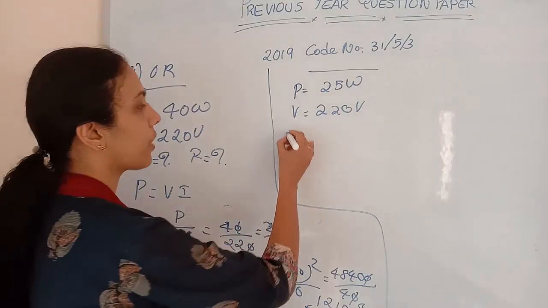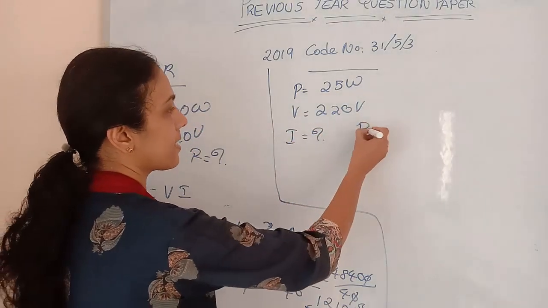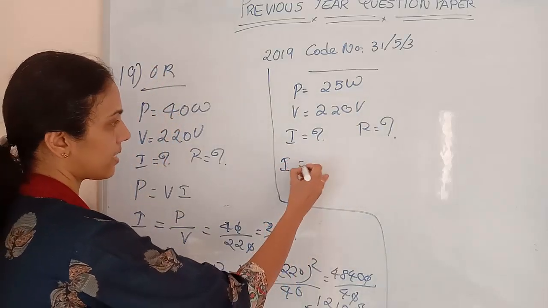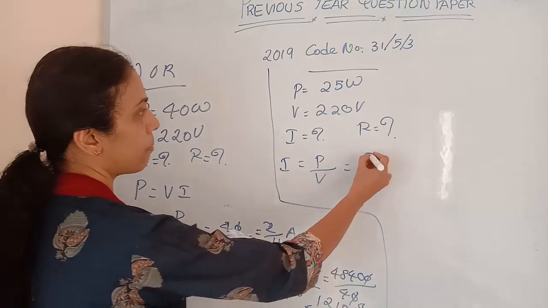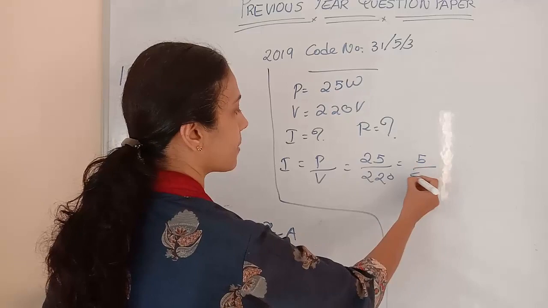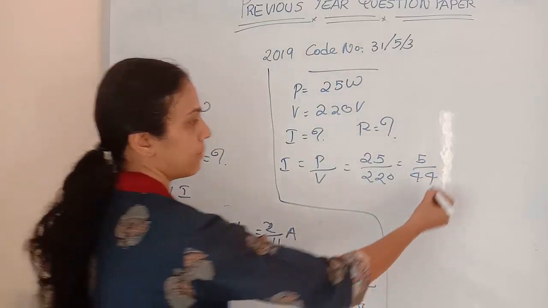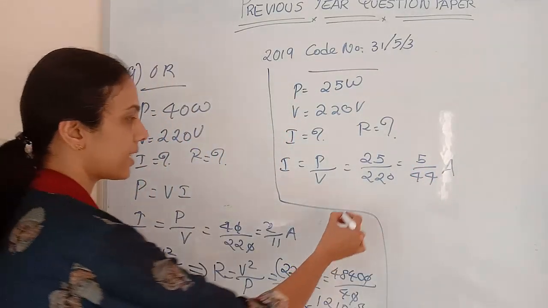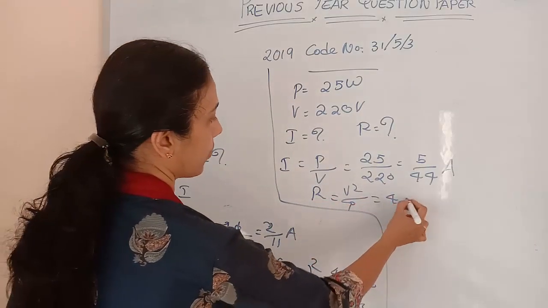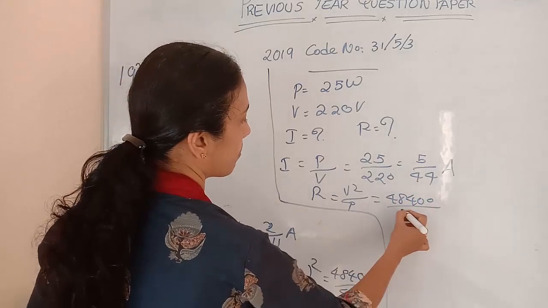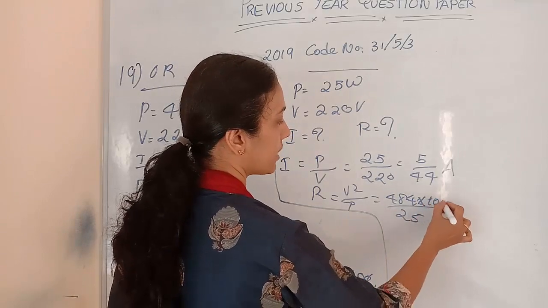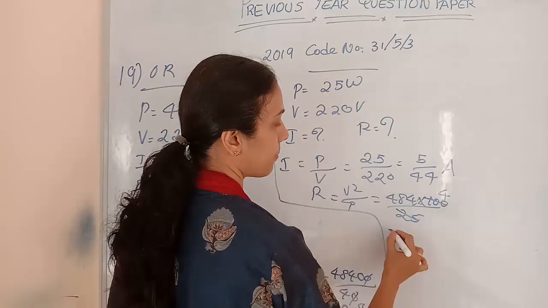Justify your answer. You should find out the current and resistance in the same way. That is, P = VI, so I equals P by V, and P by V is 25 divided by 220. You will get it as 5 by 44 amps, and resistance you can find out using the formula V square by P, that is 48400 divided by 25. Okay, so you can write it as 25 into 100, so 4 times